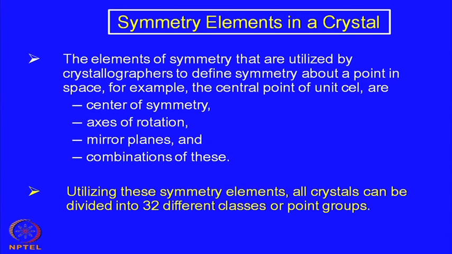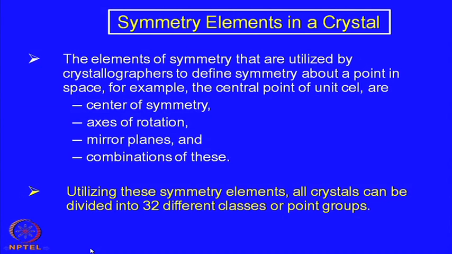All the possible geometries will have 32 different classes or point groups. Within that, all the geometric configurations can be classified or grouped together. So, in crystallography we will always consider 32